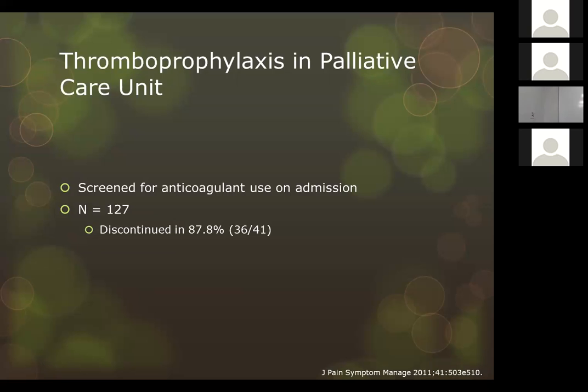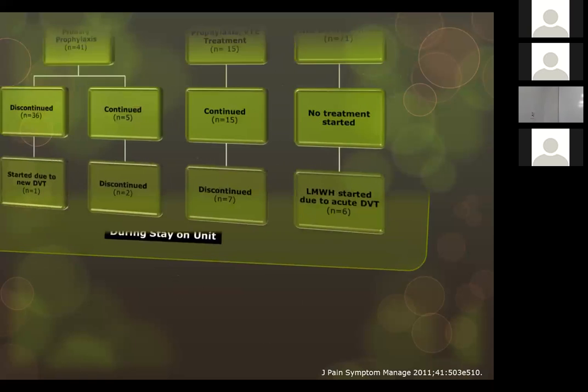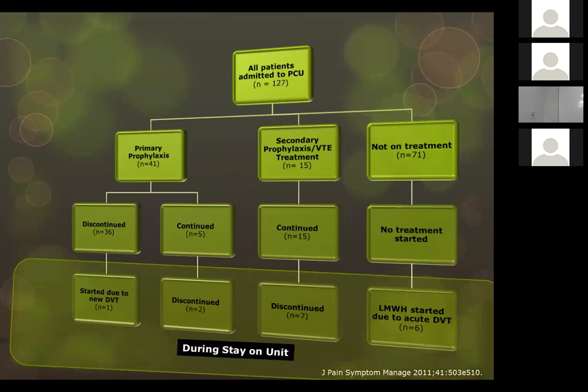So you can see there were 127 patients in this study. Not all of them were on anticoagulation, but I do have a little diagram which goes over what patients came in and if they were on treatment or not. There were 127 patients that were initially admitted. 41 of them were on primary prophylaxis. Out of that, only 5 of them continued, and that was typically due to families' request,